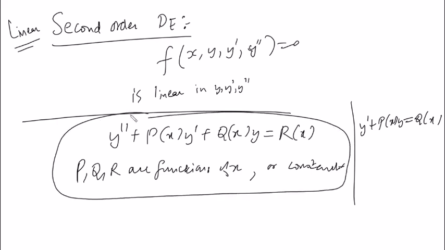So firstly, there are a few definitions and terms which we need to understand before going with the technique of solving these, right? The meaning of solution remains the same. The meaning of general solution remains the same. This time the general solution will contain two arbitrary constants. So every time I'll be writing a general solution, there will be two arbitrary constants.